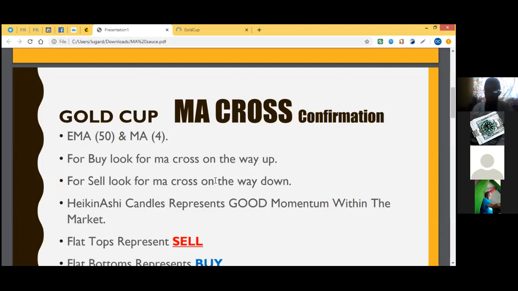Okay. What you need to know about the MA cross confirmation is this: you are using the EMA 50 and the MA4, okay? The EMA 50 and the MA4. For you to place a bar with this